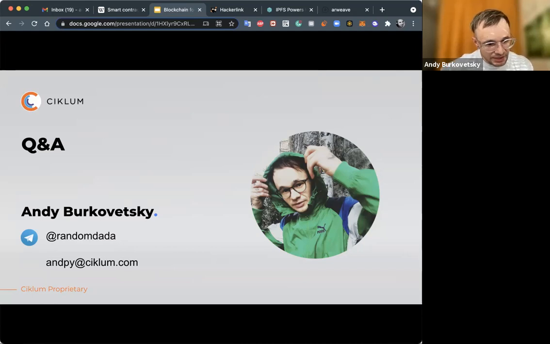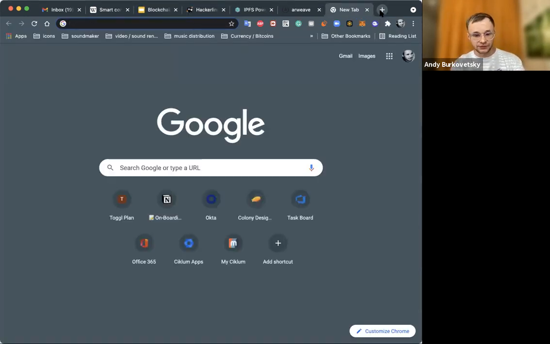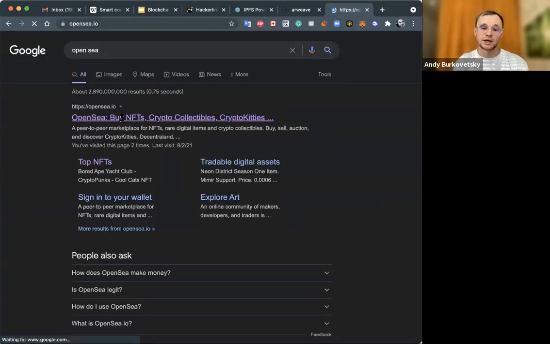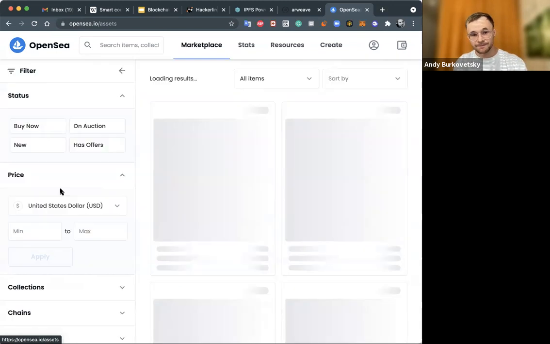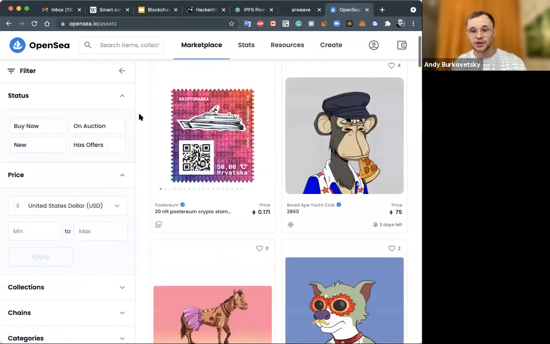Could you please name any example of an app using blockchain, and which functionality does it cover? Okay, so there are a lot of different applications. One of the hottest topics this year is NFT, of course, and there are hundreds of auctions. They use blockchain to store data.